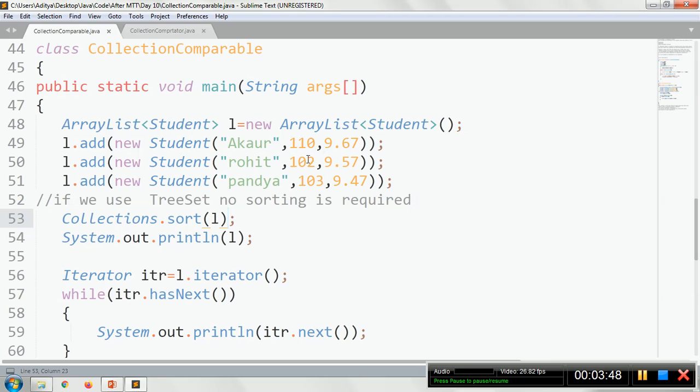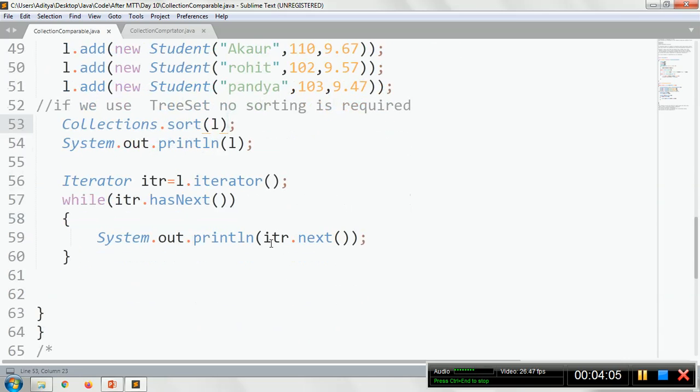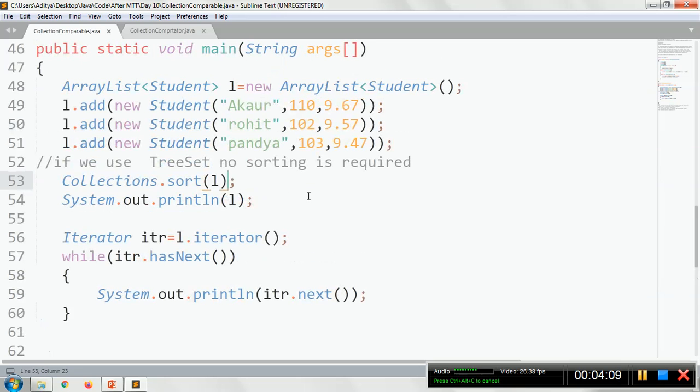Now by default if it is a TreeSet, no sorting is required, but since it is an ArrayList, we will call Collections.sort. I will pass this ArrayList object to sort the data, and it will print the sorted data directly. With the help of the iterator we can still print the same data. Let me execute this code and see what happens.